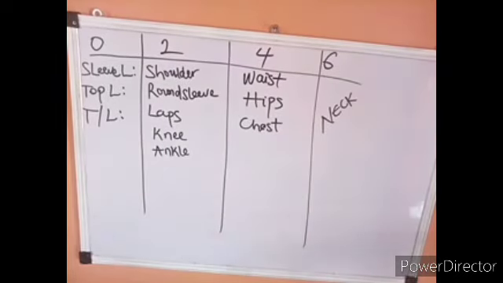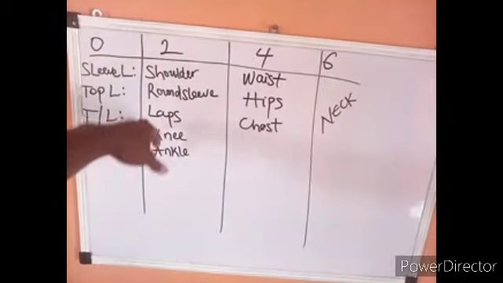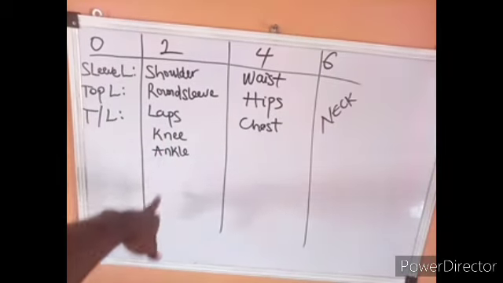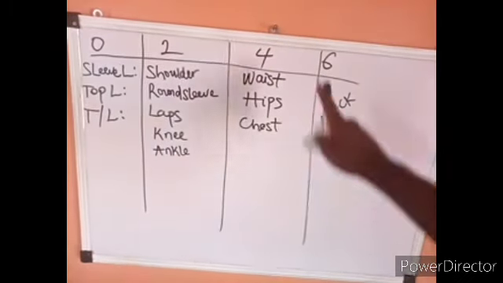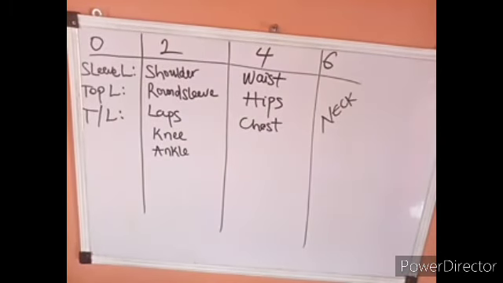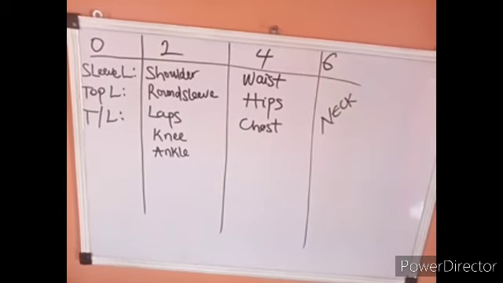Now the next column we have is the 2 column. Any area you are seeing here, shoulder, round sleeve, laps, knee, and ankle, you must divide them by 2. Now the next column is the third column, which is 4. The values we are seeing there are the chest, the hips, and the waist. You must divide them by 4. It's a constant. Now the column of 6, you're having the neck area there, and neck is the only